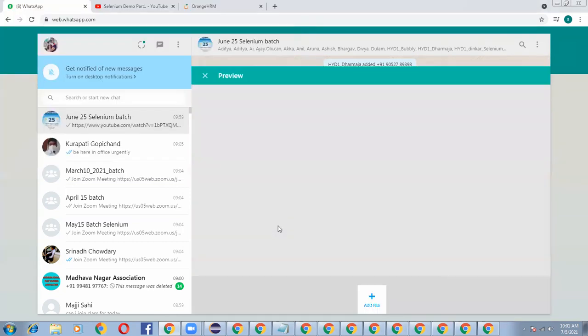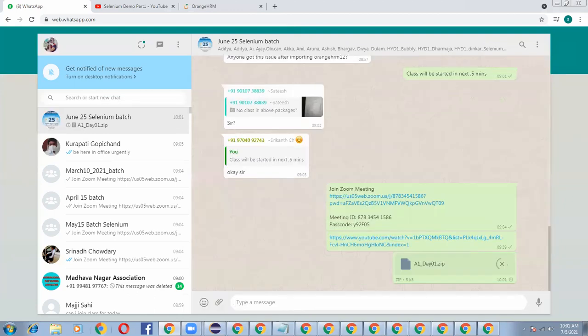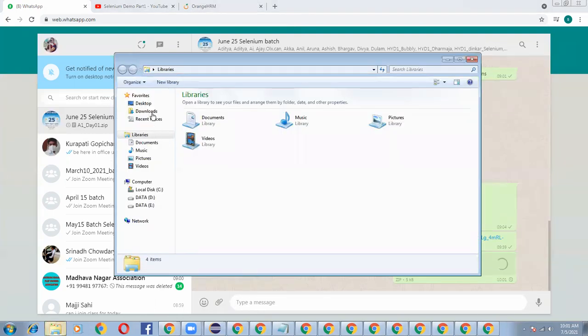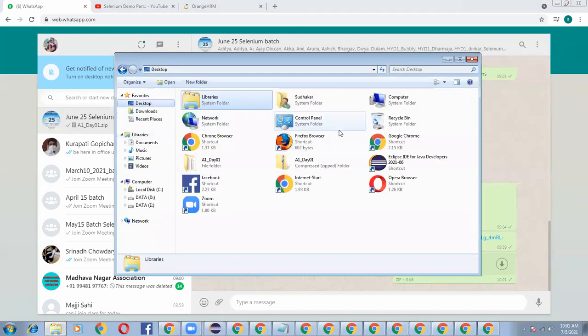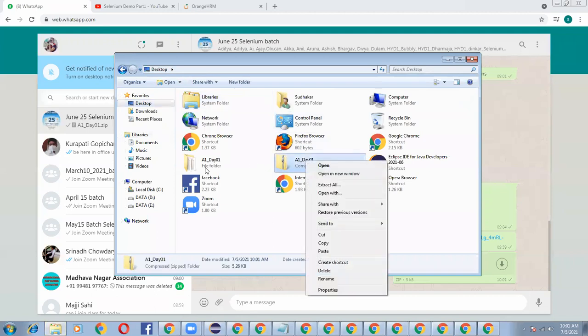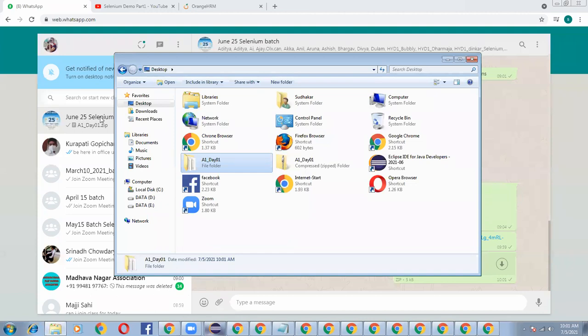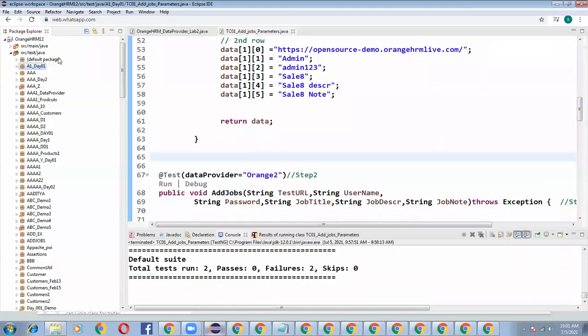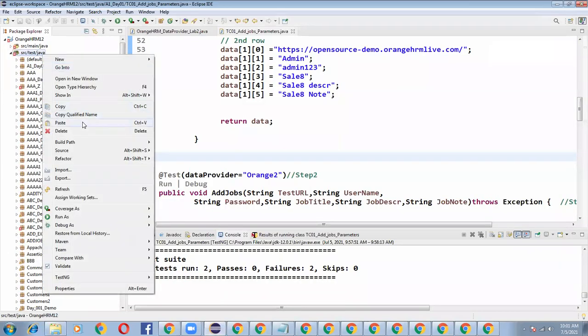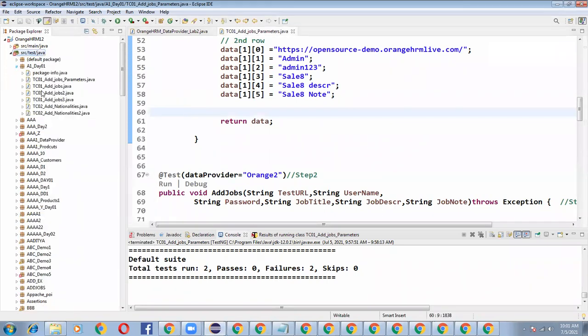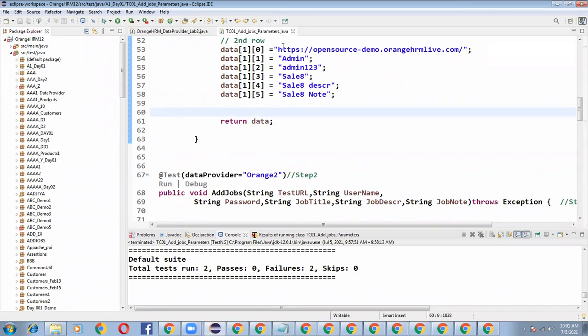Once this zip file is extracted on your system, copy this A1 package, copy this folder, and go to your src test Java and paste it here, so that it will ask you to override. Click on yes to all, so that all the programs come and you can see them. Okay. So that's it. Anybody is having any doubts?